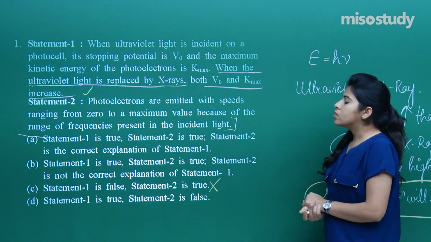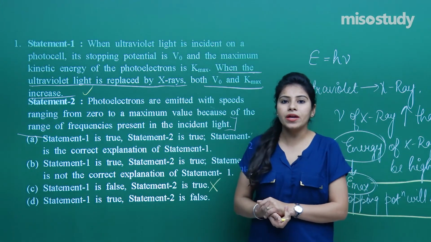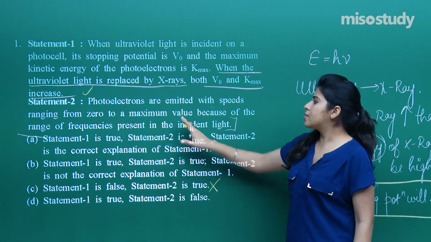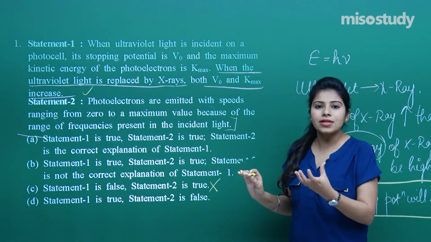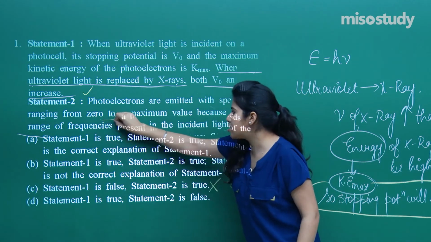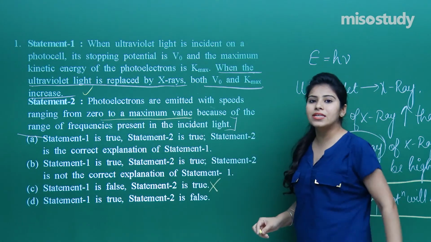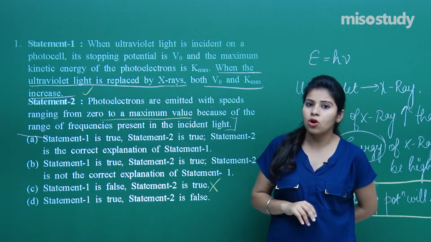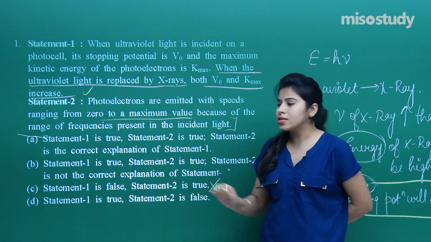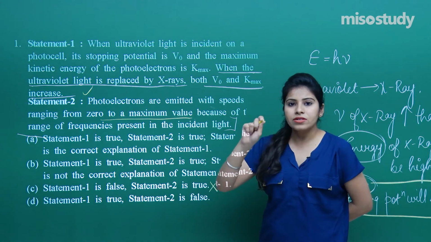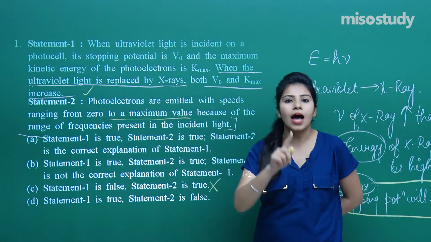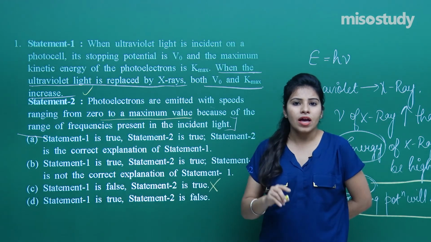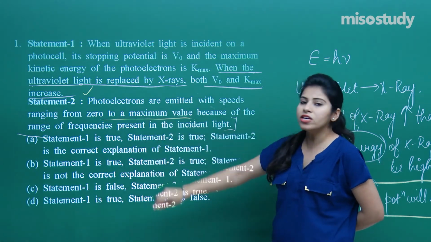According to statement 2, the photoelectrons are emitted with the speed ranging from 0 to a maximum value. Yes, this is true that the photoelectrons emitted range from 0 to a maximum value. But the reason that has been given is the range of frequencies present in the incident light. This is not the correct reason, because the photoelectrons ranging from 0 to a maximum value is happening because of collision. Because at the time of collision, they lose their energy,